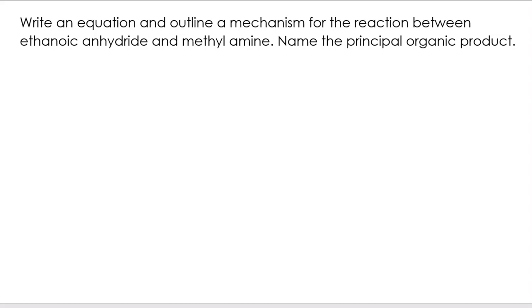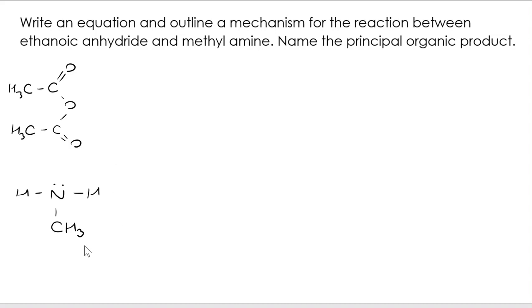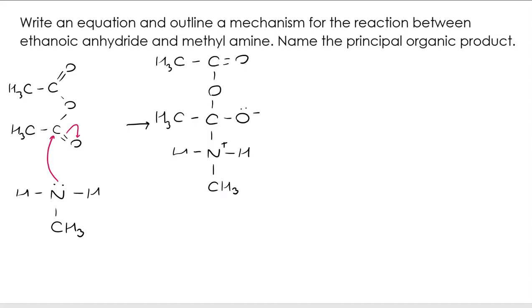We did methylamine with an acyl chloride, exactly the same principles again. Here is our ethanoic anhydride and methylamine. My lone pair on the N is going to attack the delta positive carbon, break the C double bond O, taking us to the hopefully now incredibly familiar intermediate. I rebuild my double bond. I lose my CH3COO- and the CH3NH2, we're going to lose one of those H's and the electrons move back to the N, removing that positive